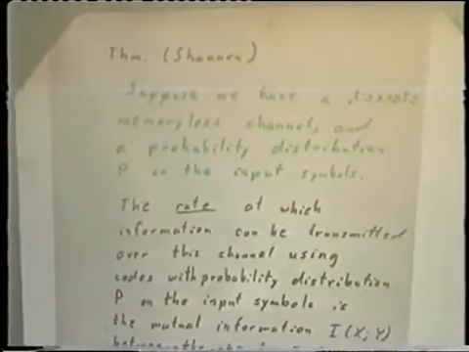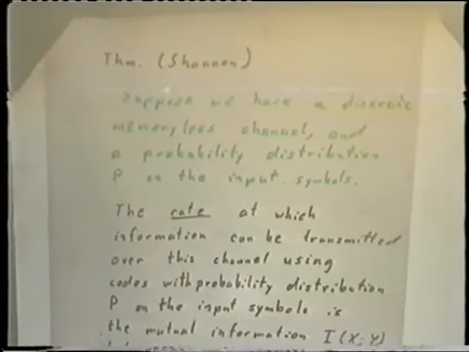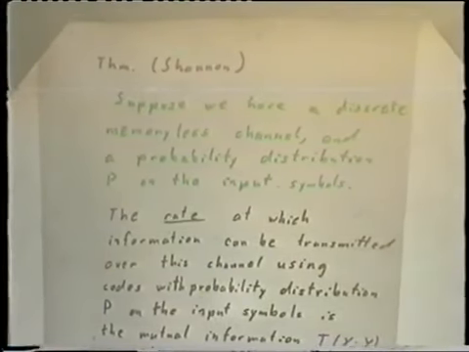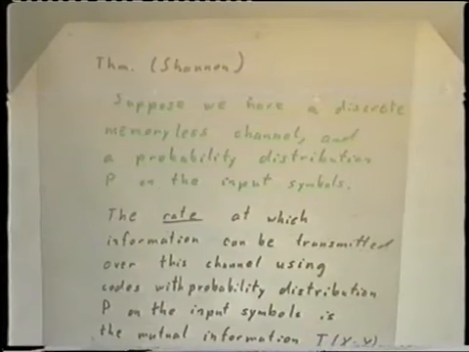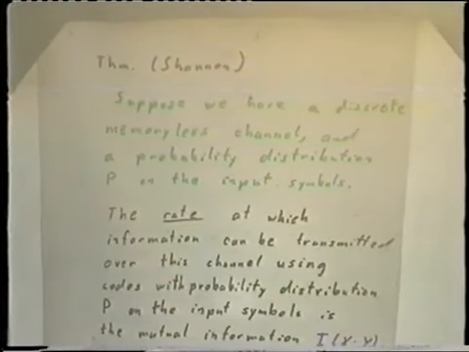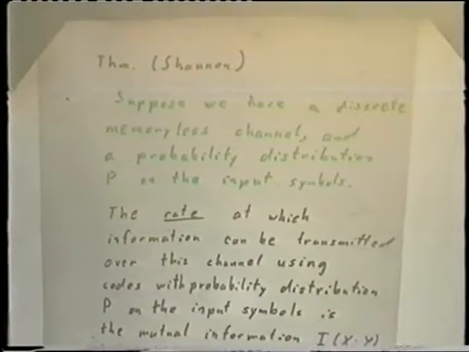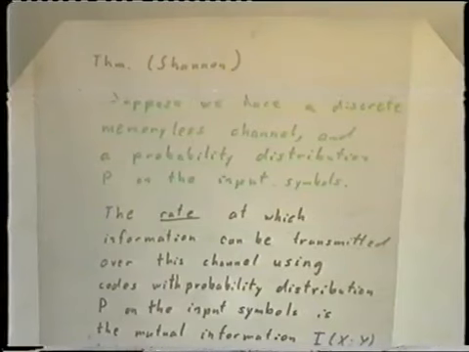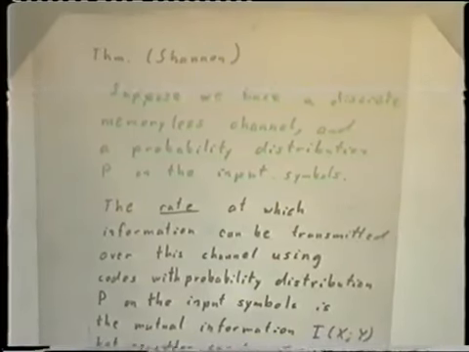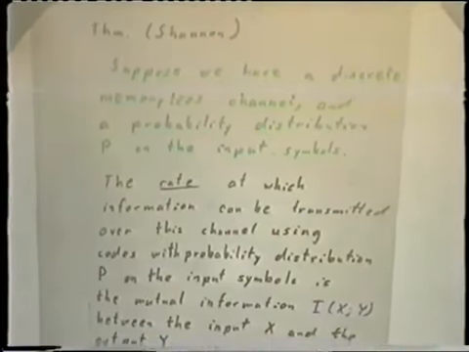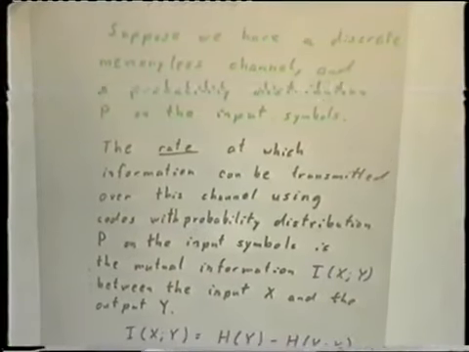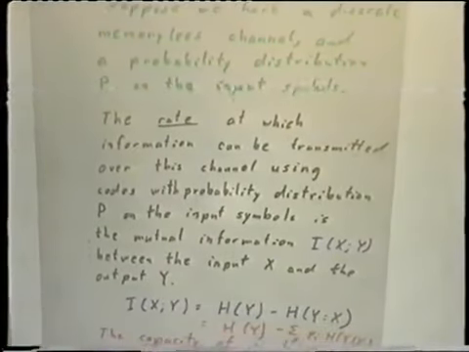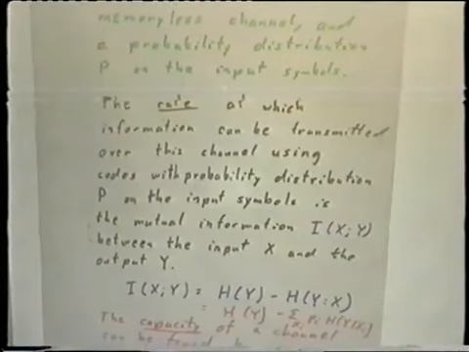And there's another theorem of Shannon, which says suppose you have a channel where you have some number of symbols you can put into the channel, and then there's some other set of symbols which will come out of the channel, and then there's a probability for each symbol in, of what's the probability you'll get that symbol out. Well, the rate at which information can be transmitted over this channel is